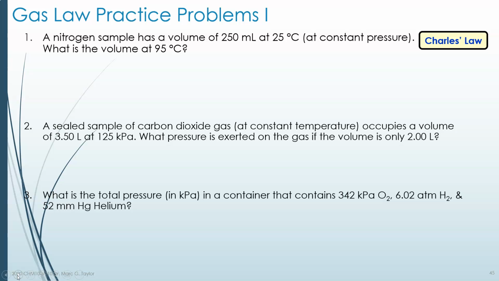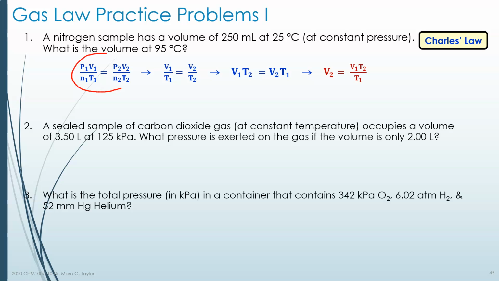We can always start with the same overall ideal gas equation shown here. So let's just circle that part of our equation. So there's our original ideal gas law equation. And from the problem, we can see that the pressure is constant, so we know P1 equals P2, and therefore we can cancel them. This is a single sample. Nothing's changing as far as the amount of the sample, so we know n1 equals n2, and we're left with